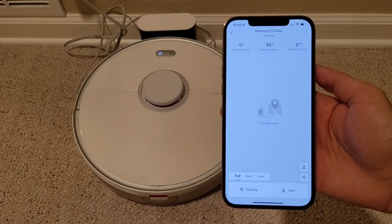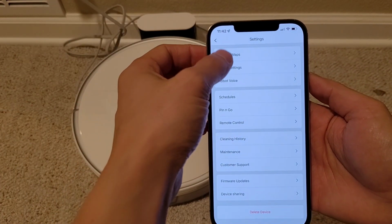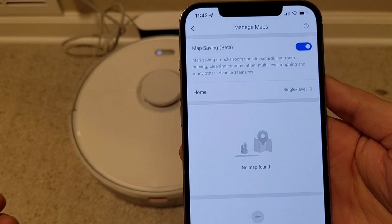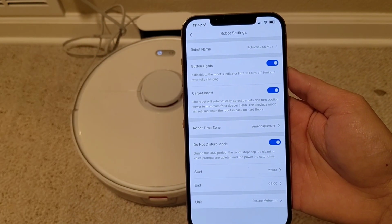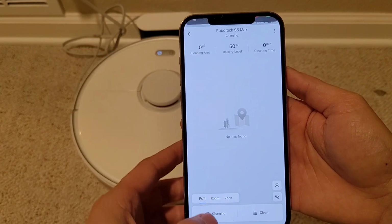So let me just show you the mapping process. When you get to the main home screen, you can see that the map is blank. Now, one thing I do is in the upper right hand corner, go into settings and just make sure the map saving mode is enabled. Not sure why Roborock disables this by default, but just double check that. Also, you can check some additional settings if you want the carpet boost. Okay, so once we're back on the main